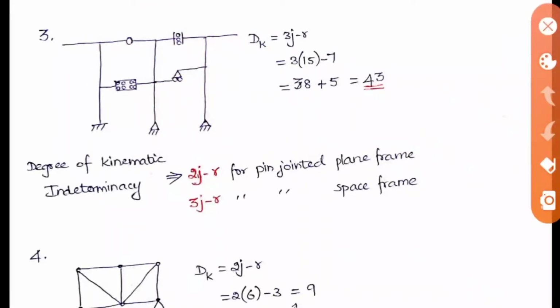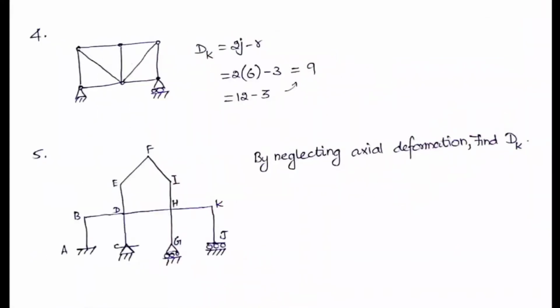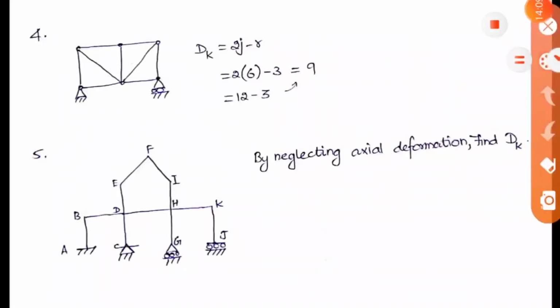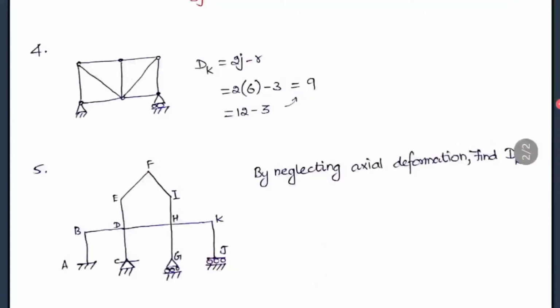Okay, so next let us see the pin jointed frame. For the pin jointed frame, the formula is 2j minus r for plane frame and 3j minus r for space frame. So the fourth question is, here a pin jointed frame is given, so we can directly use the formula, that is 2j minus r. So it is 2 into j, where j is 1, 2, 3, the top 3, and here also 3, so 6. So 2 into 6 minus the reactions. It is hinged support, so 1, 2 and roller support 1, so you'll be getting 3 reactions. So 2 into 6 minus 3, the answer is 9. So that's all with this kinematic indeterminacy.